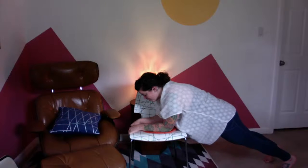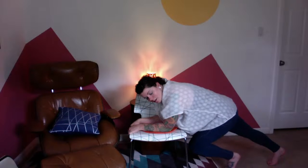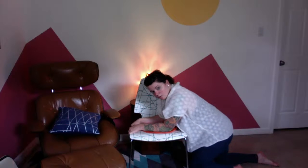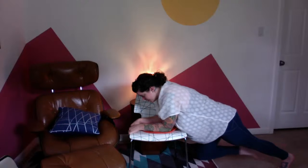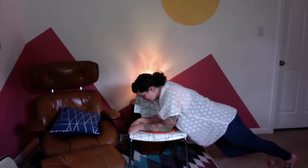All right, on your next exhale, step the right foot forward and then take it back. Left foot forward, take it back. If you're kneeling, you can do the same thing. Knee will slide forward and back, forward and back. Good, keep going like that with your breath. Foot comes forward and back, forward and back. One more, forward, back,